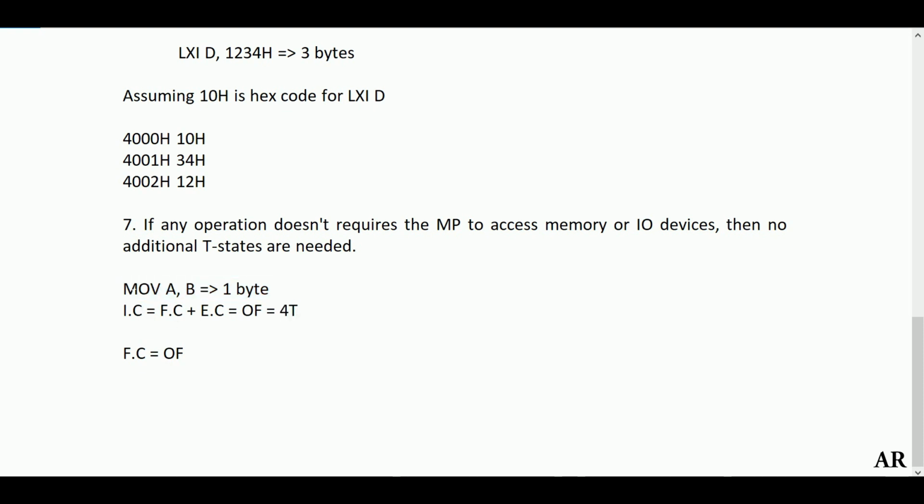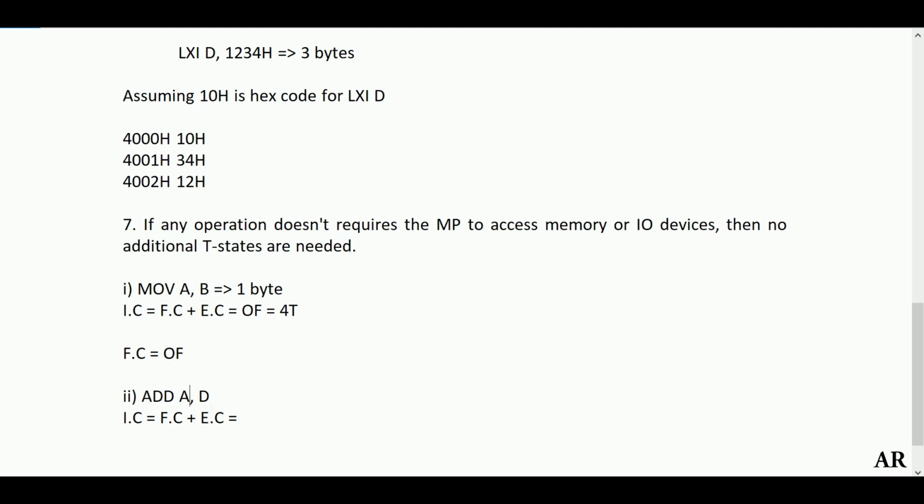Let us take another example. Let me label the previous one as 1. Second example, ADD A, D. Here, how much is the instruction size? The instruction size is again 1 byte because both of them are registers. So if you write it in this format, instruction cycle equals fetch cycle plus execute cycle. This 1 byte will again be stored in a memory location. If the microprocessor fetches and decodes it, it will understand that it needs to add the contents of A and D and store the result in A. That is the functioning of the ADD instruction.